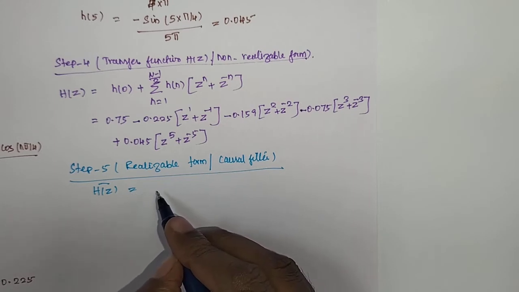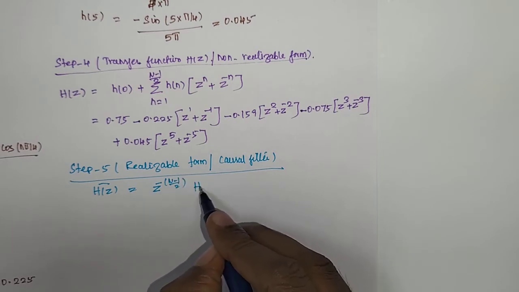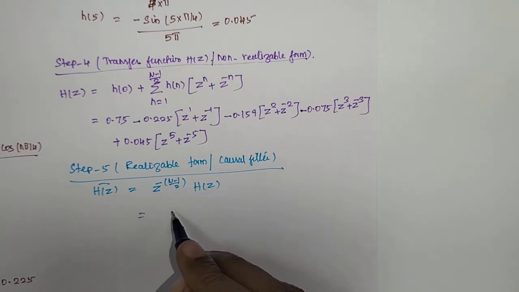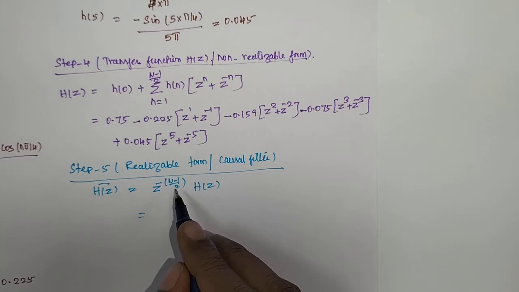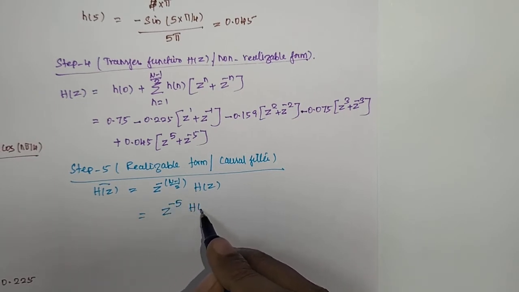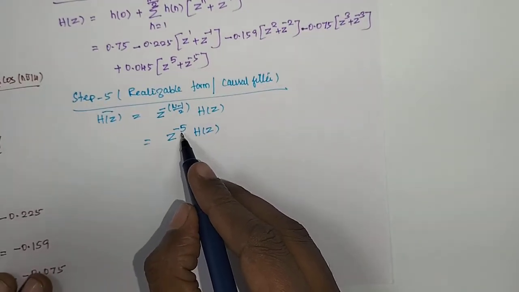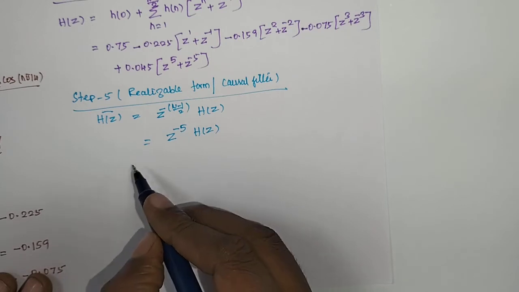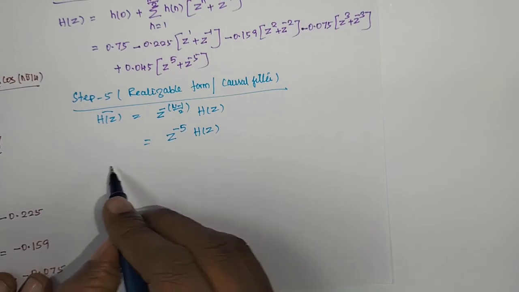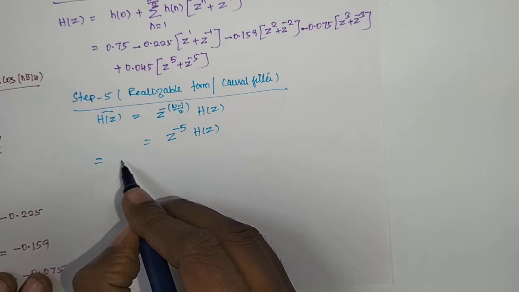So how to get this realizable form: z power minus (n minus 1) by 2 into h of z. Here n value is 11, so 11 minus 1 is 10, by 2 is 5, z power minus 5 into h of z. You just multiply z power minus 5 by h of z, which gives the filter in realizable form, that is a transfer function, which is equal to